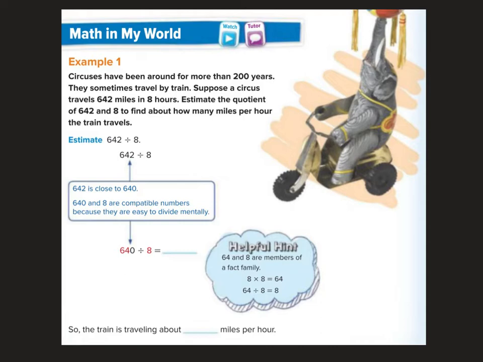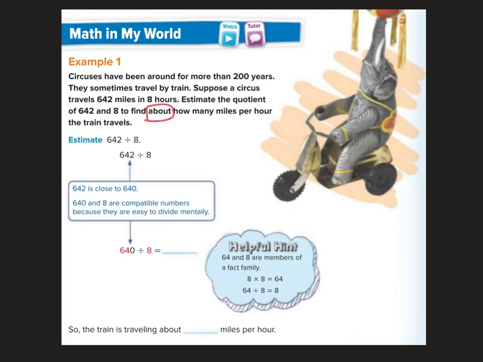Example 1. Circuses have been around for more than 200 years. They sometimes travel by train. Suppose a circus travels 642 miles in 8 hours. Estimate the quotient of 642 and 8 to find about